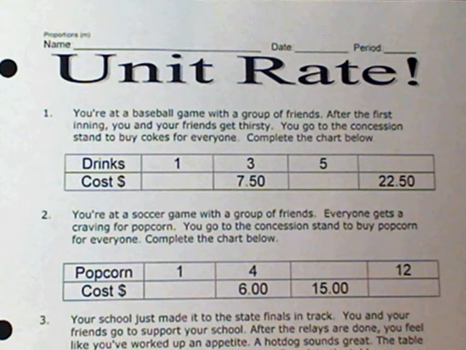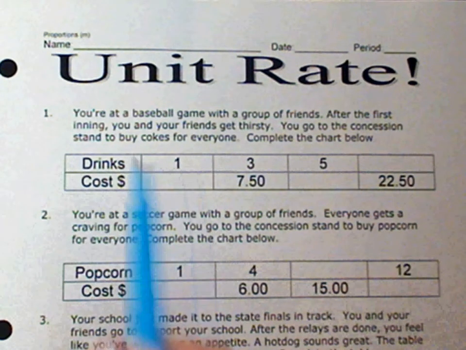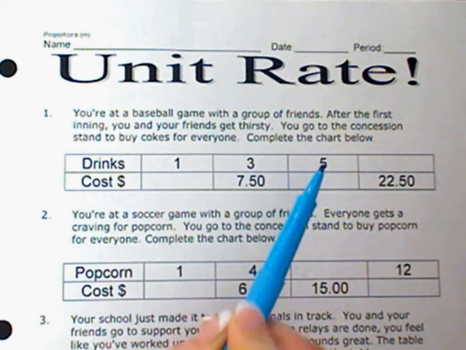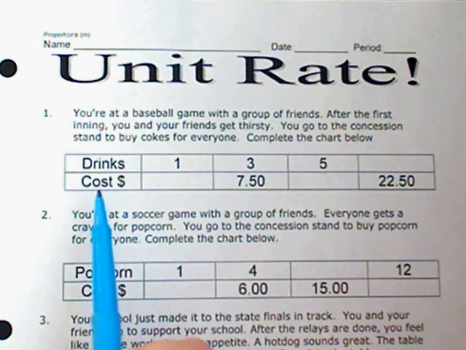Unit rate. You're at a baseball game with a group of friends. After the first inning, you and your friends get thirsty. You go to the concession stand to buy Cokes for everyone. Complete the chart below. So if we look at the table, we have our labels: drinks, 1, 3, 5, and